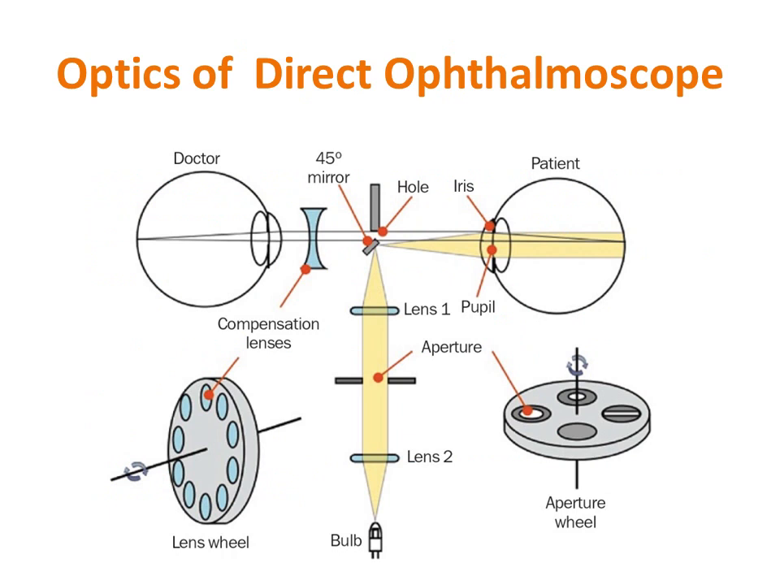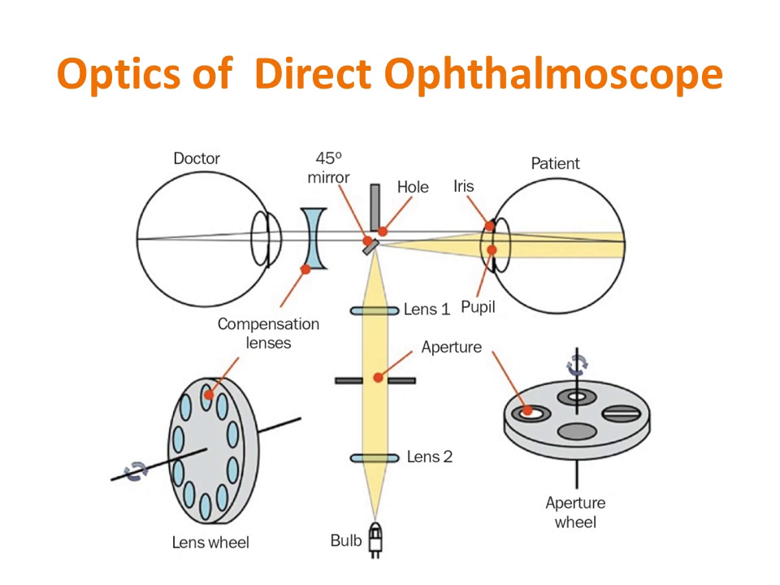This picture gives the optics of direct ophthalmoscope. In this picture, you can make out that there is a source of light in the form of a bulb, and this source of light is converted into parallel beams by using two lenses, lens 1 and lens 2. And this light is bent at 45 degrees to enter the patient's eye by using a prism or a 45-degree